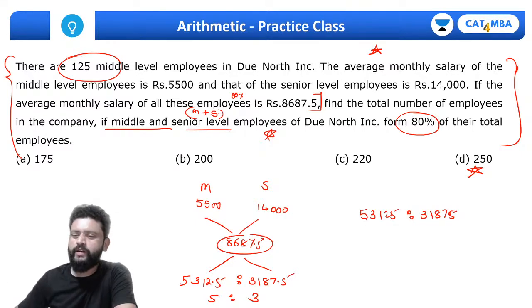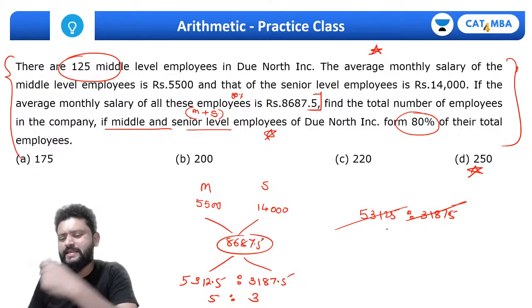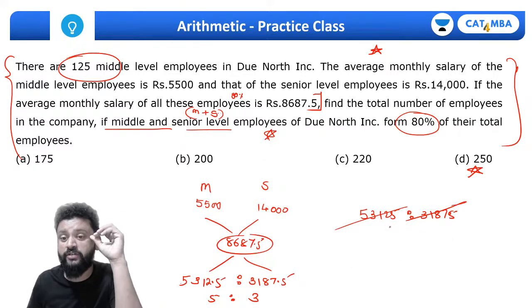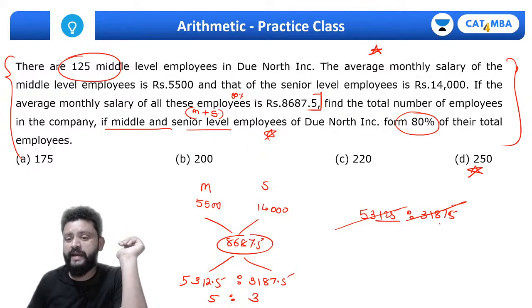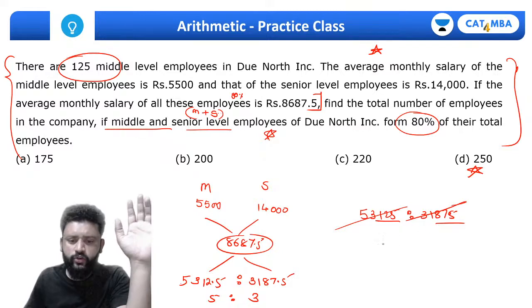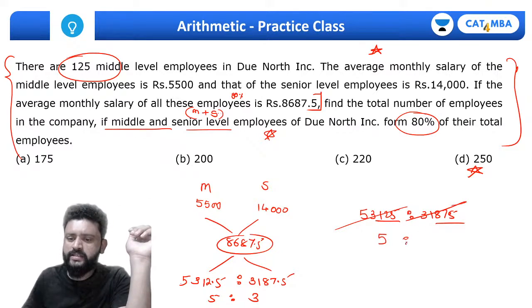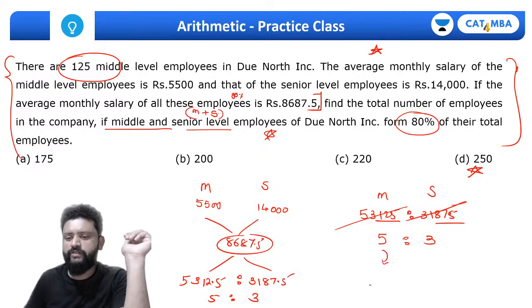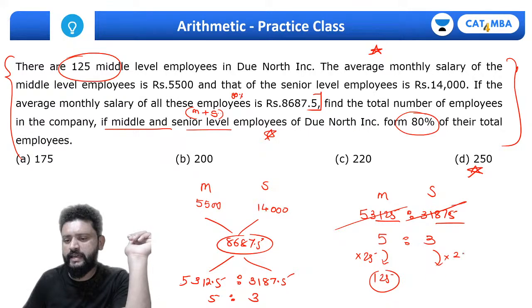इवन इफ यू डू द कैलकुलेशन पार्ट, तुम 5 से डिवाइड करते जाओ, अगेन 5 से डिवाइड करते जाओ, बेसिकली 125 से डिवाइड हो जाएगा वो. राइट 125 है, यहाँ पे 875 है, 125 से भी डिवाइड हो जाएगा. So however, whatever you do, that's perfectly fine. You must get the ratio as 5:3 for the middle level and senior level employees, and we know 25 है which is multiplied by 25. So 25 into 3 that has to be 75. So middle level plus senior level employees हमारे मिल गए 200.